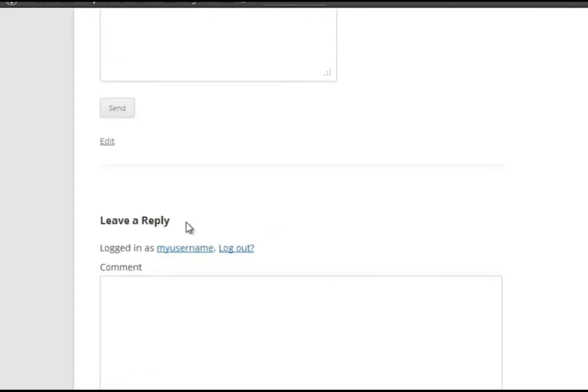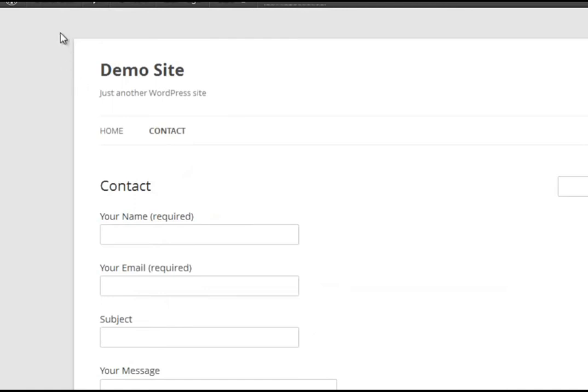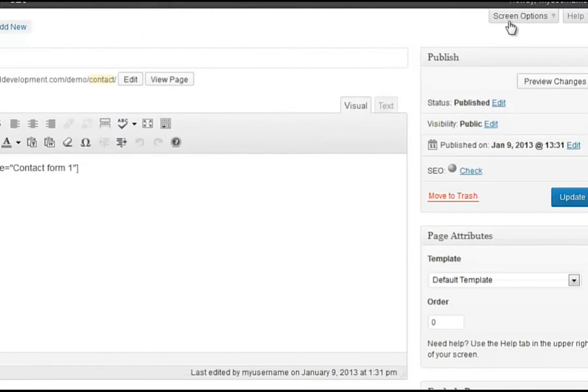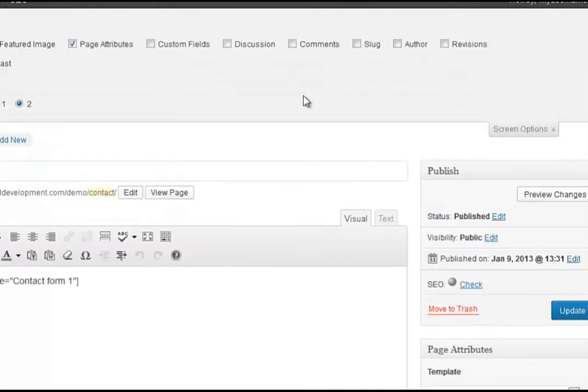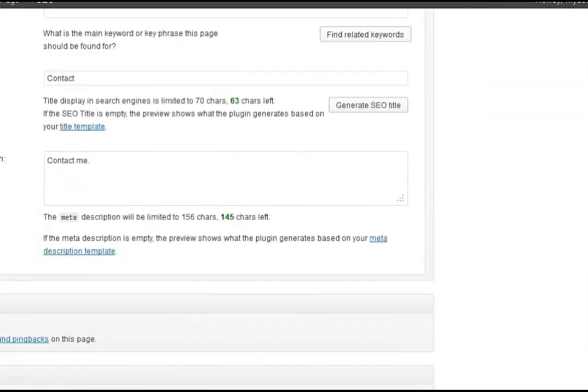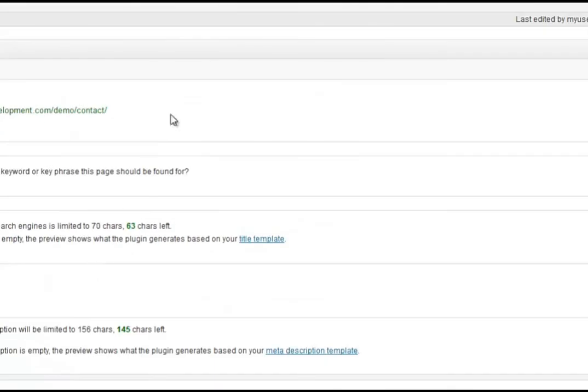Now the other thing there is leave a reply, so we need to change that. So go back to edit page, and across the top right is a thing called screen options. Open that and it'll be as either discussion or comments, I never remember which. So clicking that, right, okay, down the bottom